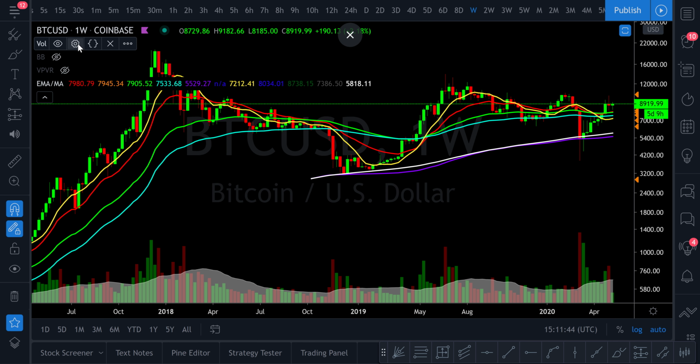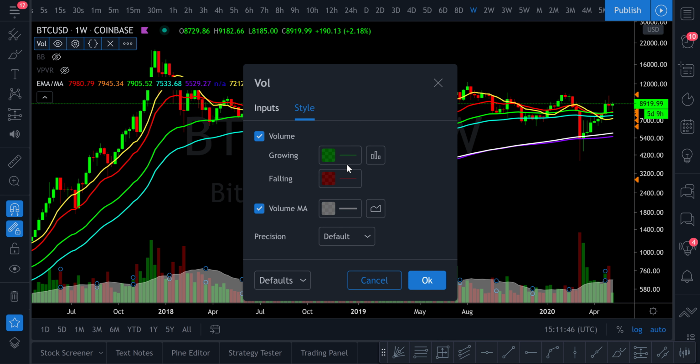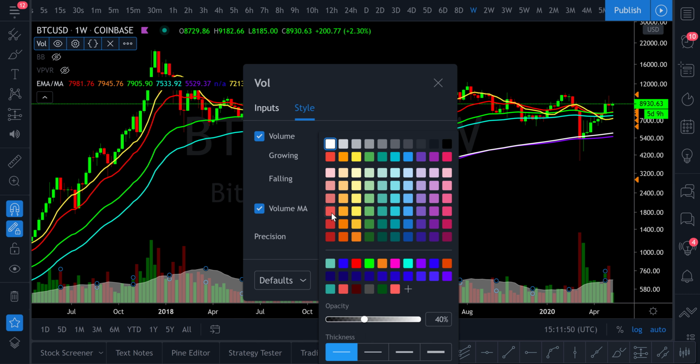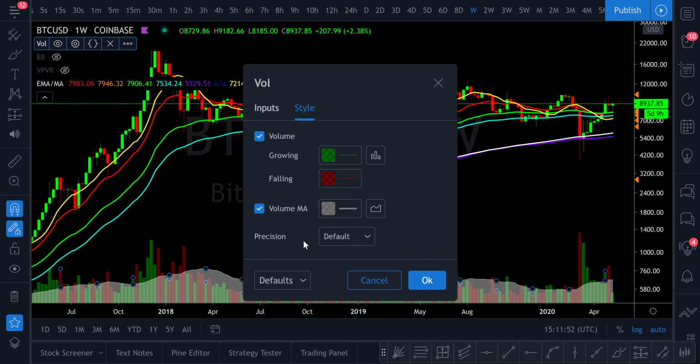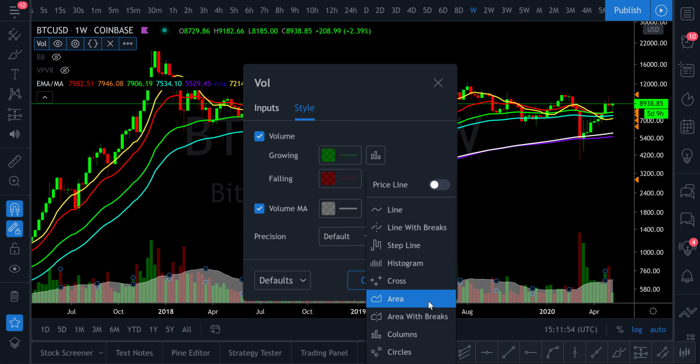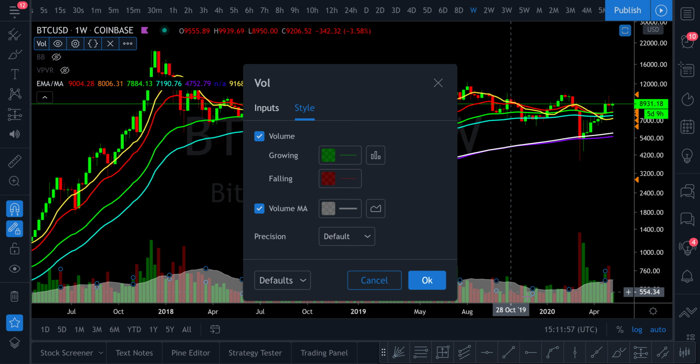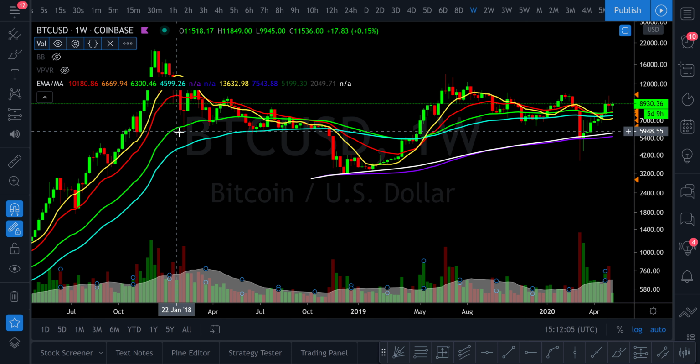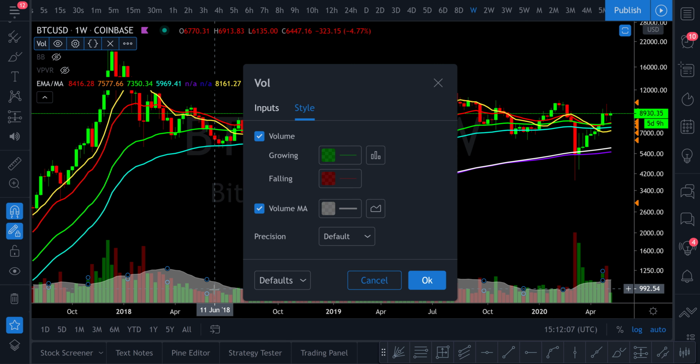And so with these, you're going to want to add volume, and then these are my settings and colors for those. And then volume MA, those are the settings, and it's going to be in line, but I put area that way it just kind of hides all the irrelevant volume. I'm really just looking for the big spike ups on the volume. And then you're going to want to make sure when you do change something, you always hit save as default